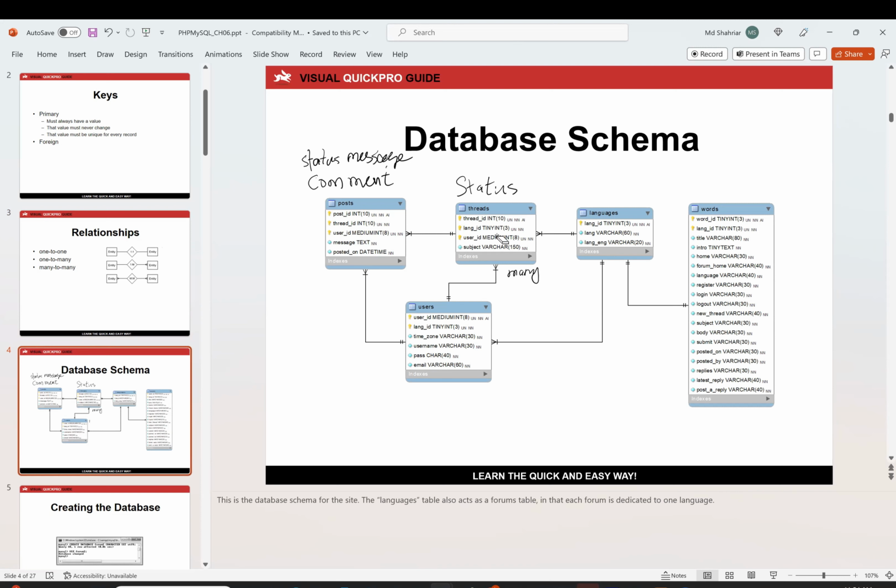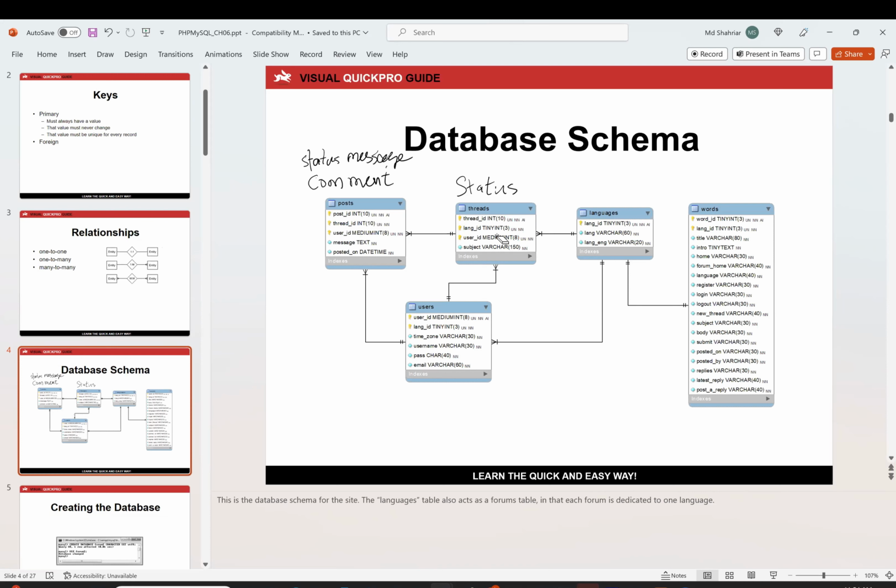A user can post multiple status messages, or he can create multiple threads, right? Synonymous. So that's why you see this thing. This is the one-to-many relationship symbol, right? So the relationship between a user and a thread is going to be one-to-many, right? Okay, next is